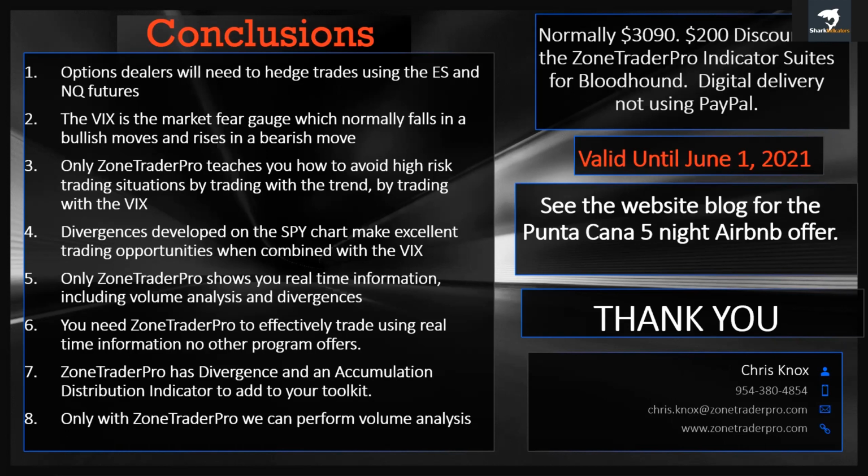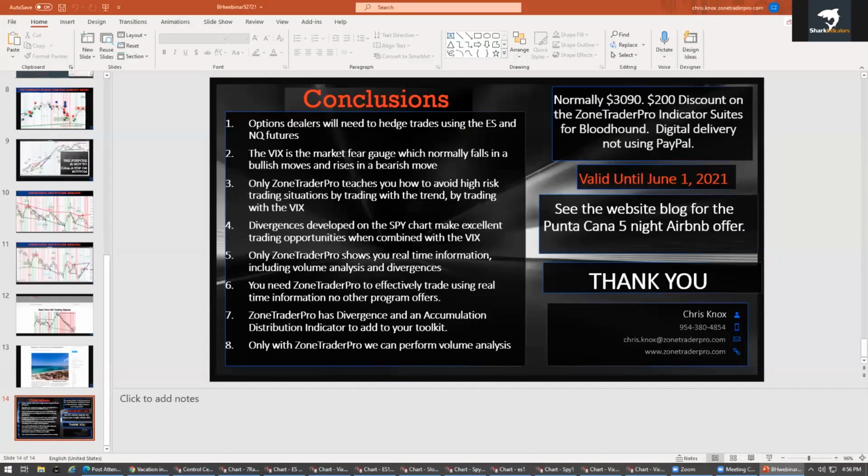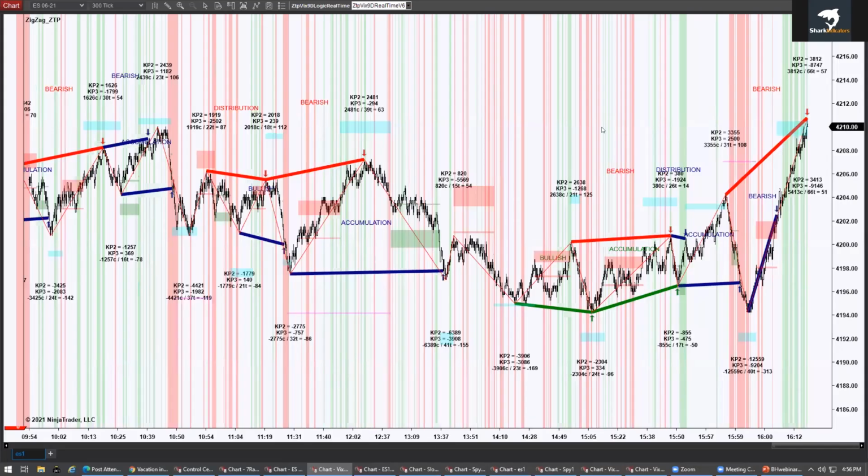ZoneTrader Pro also has divergence and accumulation and distribution indicators to add to this toolkit. And with that divergence indicator, that's how we perform the volume analysis. So I'm going to click the PowerPoint off right here and bring us to our live